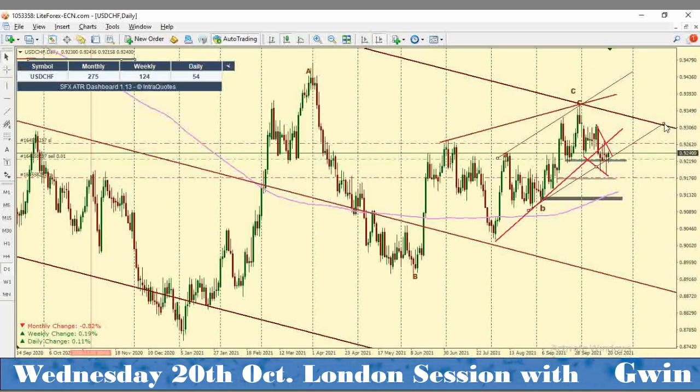Having moved to the upside, we could see a small internal trend line there, and we could also be having an A, B, and a C, or a D, or whatever it is. But however,